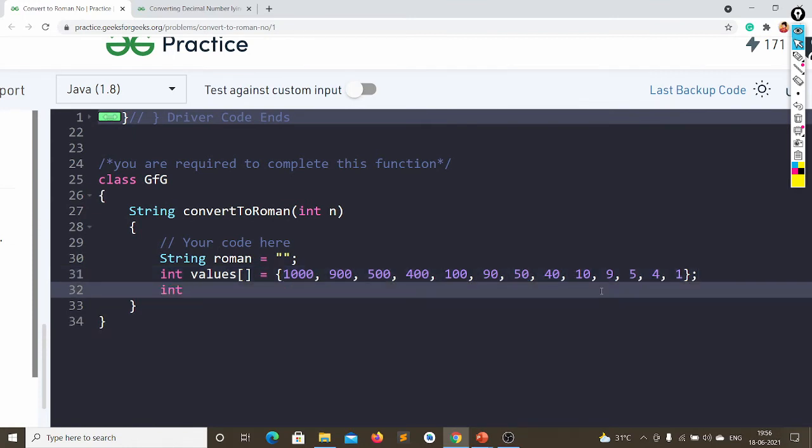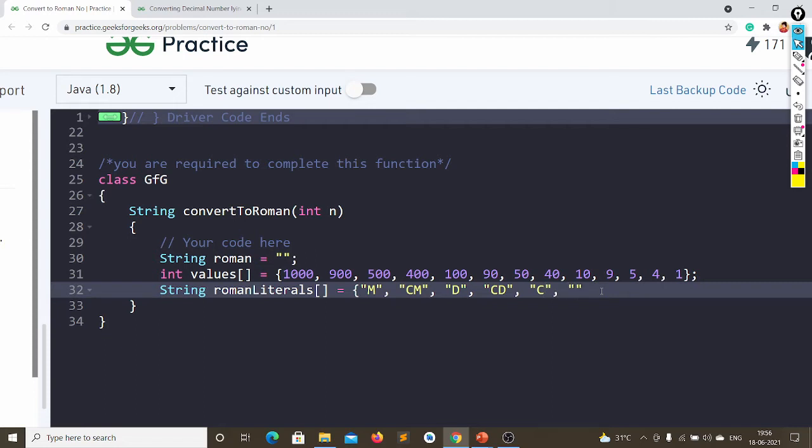And we also want the corresponding Roman literals. Okay, Roman literals, let's take it as: symbol is M, and this symbol is CM, and this is D, this is CD, and we have it as C. Okay, this is easy to remember.